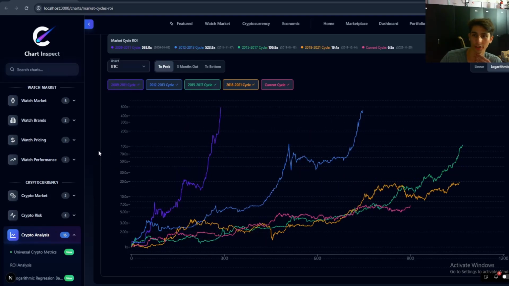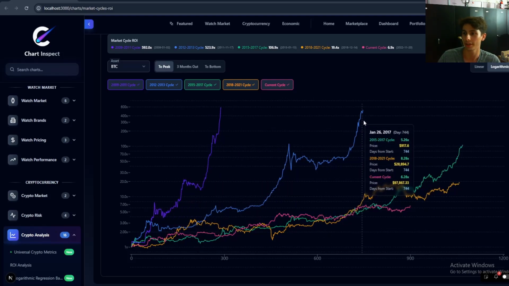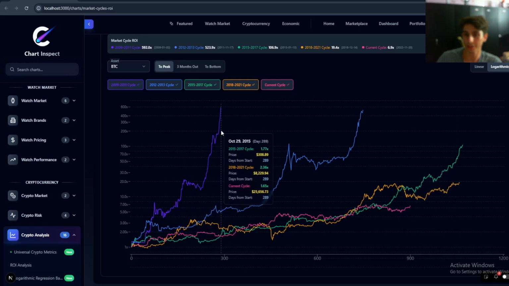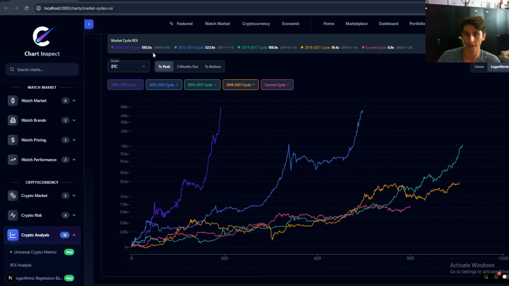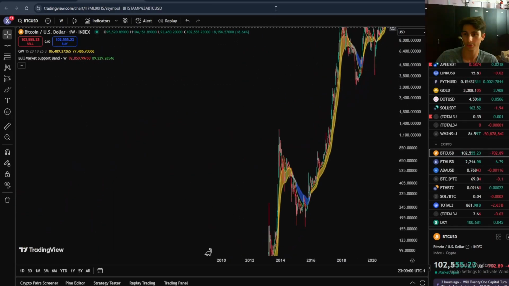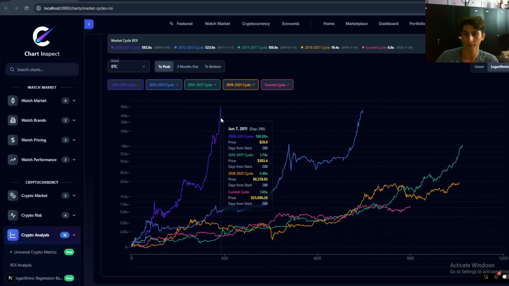I think this chart's pretty interesting because it outlines the idea of diminishing returns pretty easily, in my opinion, and also somewhat of a lengthening cycle theory, but that's yet to be seen, since even 2021 was longer than 2017. But essentially, you can see these diminishing returns from each cycle. From the 2009 to 2011 cycle, we had an ROI of approximately 600x, and that's not insanely accurate because when you go back to the price, there's more price data on TradingView, but it's basically pretty accurate. So you can see these diminishing returns play out.